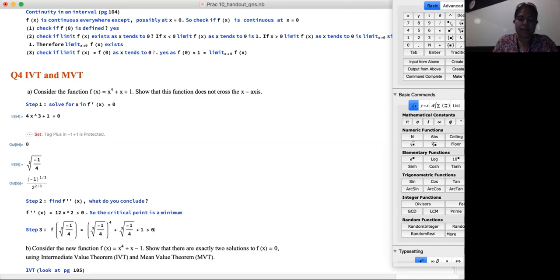I got it as positive as well. Okay, so that means there's only one minimum, and it is global. And then the value of f at that point is positive, above 0. Therefore,